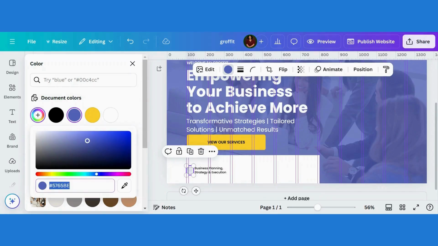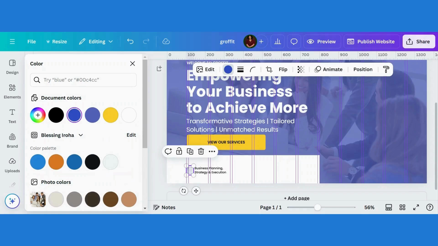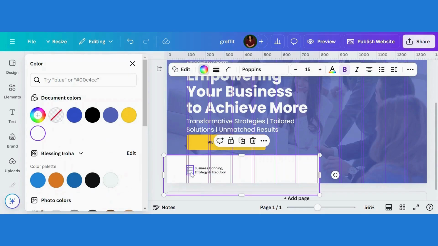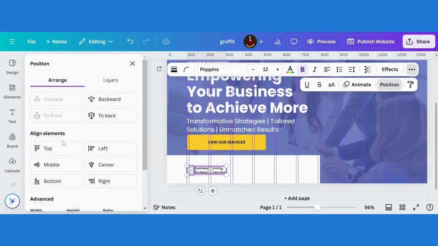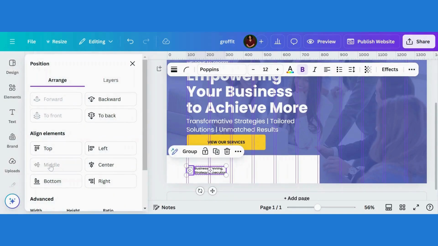We're using 3450C8. And let's group this. Before we group, we should ensure that they align to the middle. The alignment is at the middle, both the icon and the text. Now we can group, duplicate,